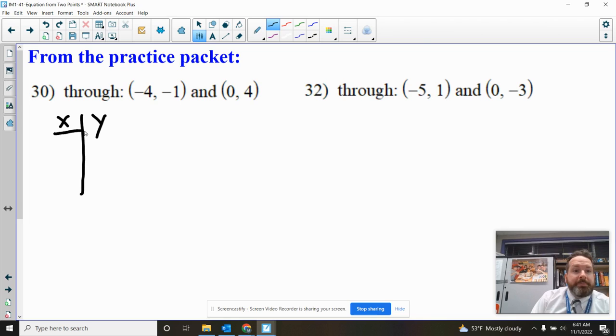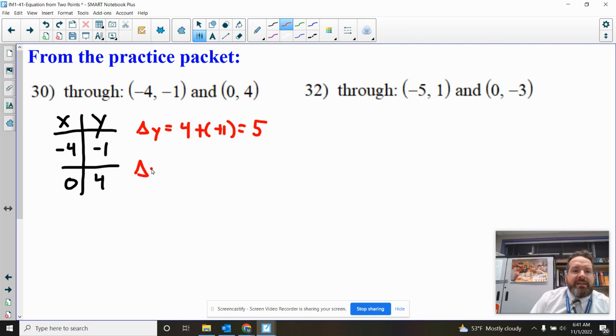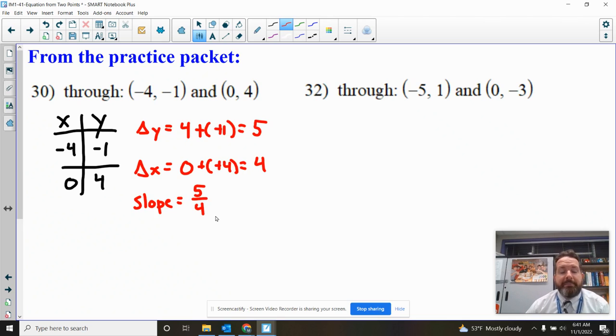Start with our table. We've got -4, -1, and 0, 4. Next up, change in y, bottom minus top: 4 minus -1. That's the same as 4 plus 1, which is going to be 5. Change in x, bottom minus top: 0 minus -4 is the same as 0 plus 4. So we end up there with 4 for the delta x. Slope then,